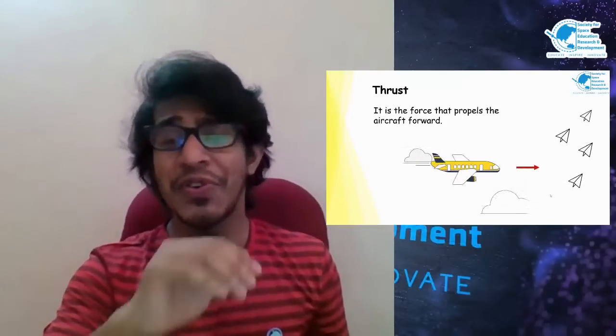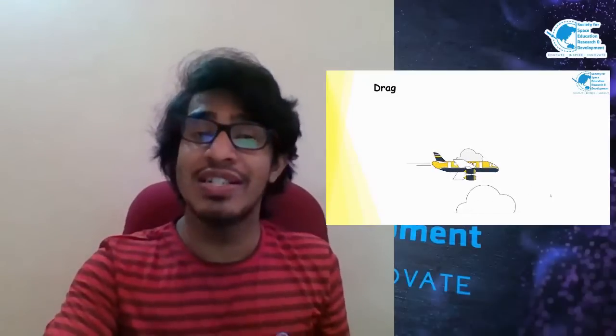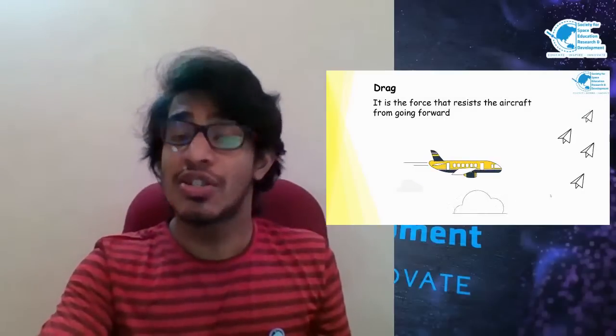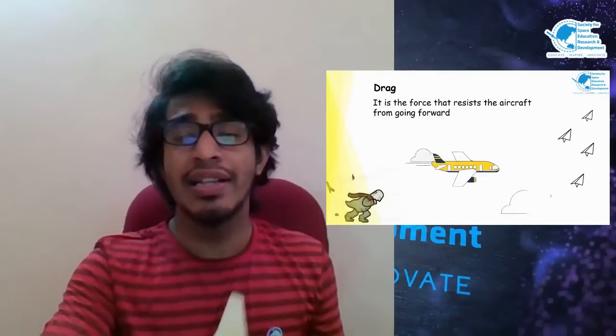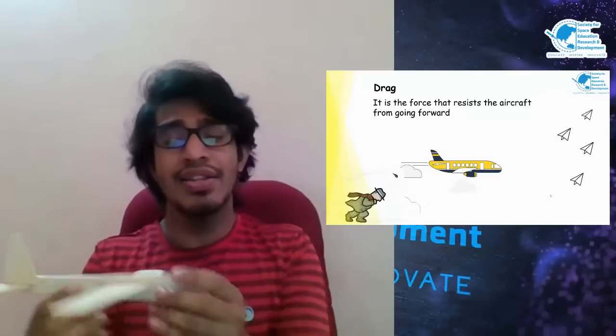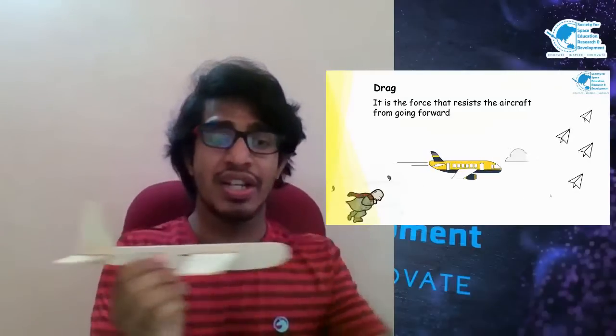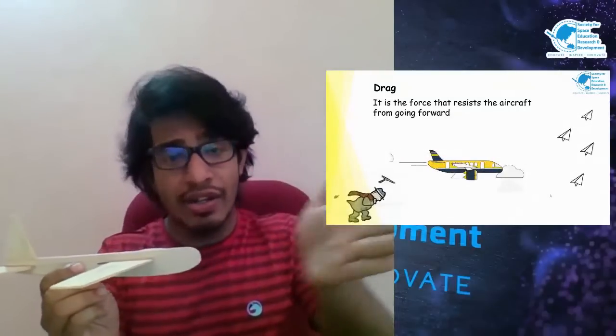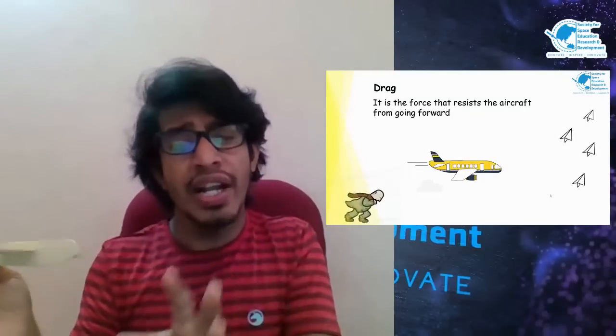Okay, what is the fourth force then? Well, when we have thrust, there must be some opposing force that restricts thrust. So that force is what we call drag. Drag is the force which slows down the aircraft in the direction of its motion. Let's say the aircraft is going in this direction, then drag will act in the opposite direction, preventing the aircraft